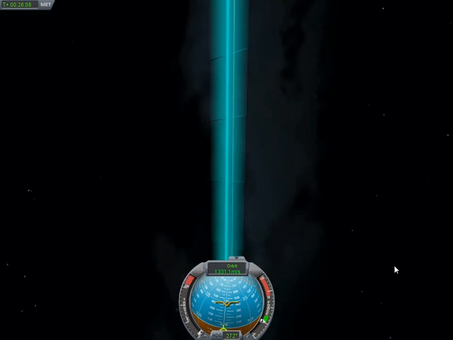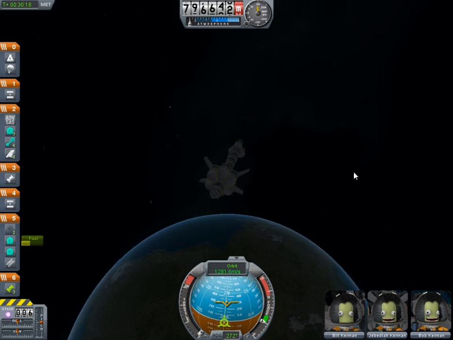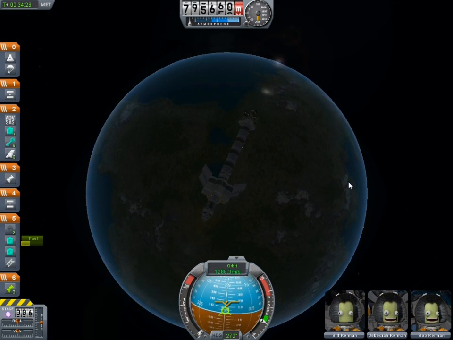But this is a similar configuration to that. All the 6 outer tanks feed into the inner tanks. They just don't jettison at all. As the